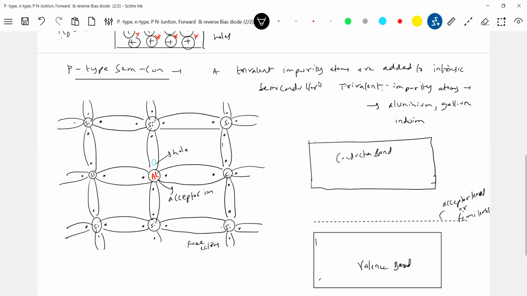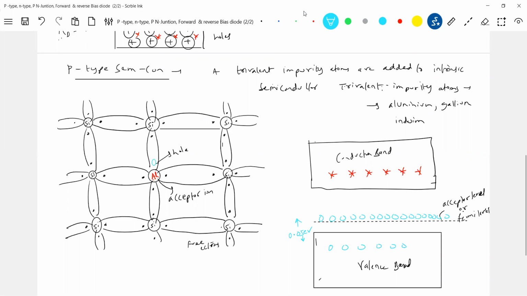Here, these are the holes. These holes are due to what? Thermal agitation. And these electrons are produced due to thermal agitation. Then, for addition of one impurity atom, that all will come and settle here. Those also will be very loosely bound. In the books, they're telling 0.05 electron volt. If you give small energy, that will become free and available for conduction.